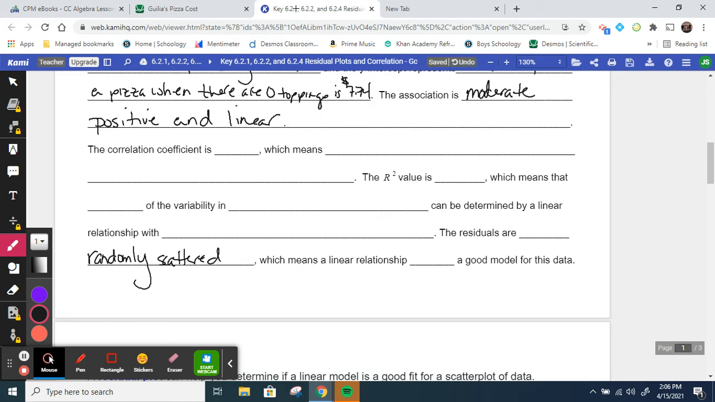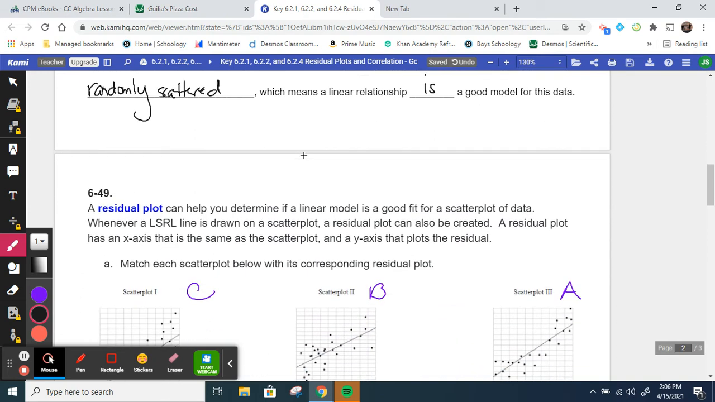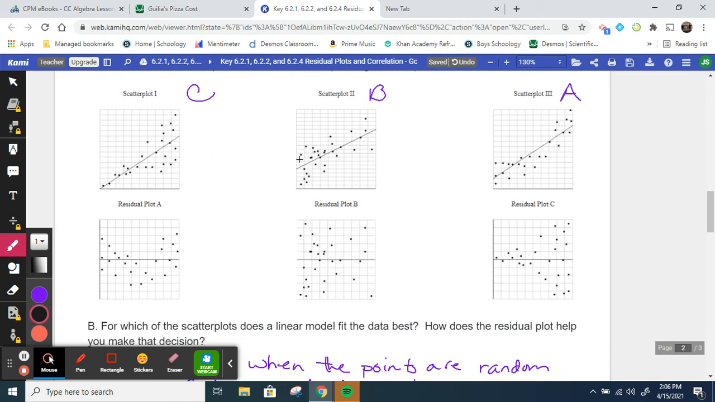Residuals are randomly scattered, which means a linear relationship is a good model for the data. Now, if we had something like this one, where the residuals are kind of funneling out like that, you can see here there's more variability over time. So if you notice a residual that has this funneling effect,